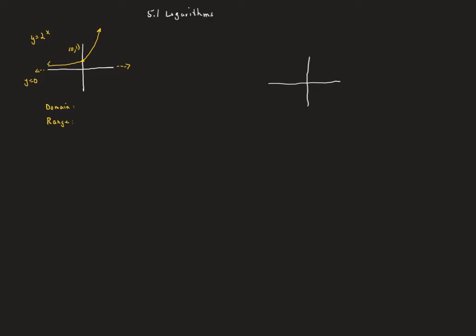than 1. We know it's going to contain the point (0, 1), because when you put in 0 for x, 2 to the 0 is 1. We know as we go to the right, it's going to bend up, and as we go to the left, it's going to approach the x-axis. So y equals 0 is a horizontal asymptote. We can see the domain is going to be all real numbers, and the range is going to be y